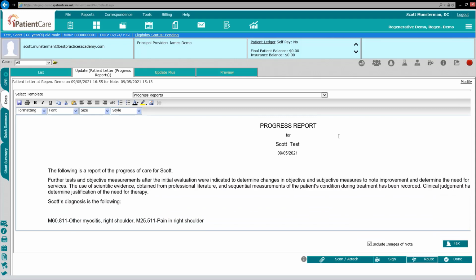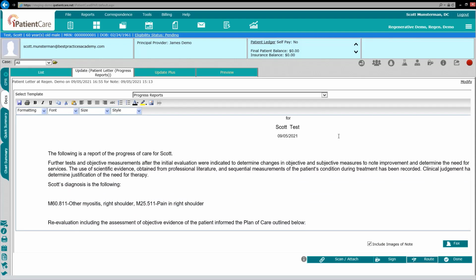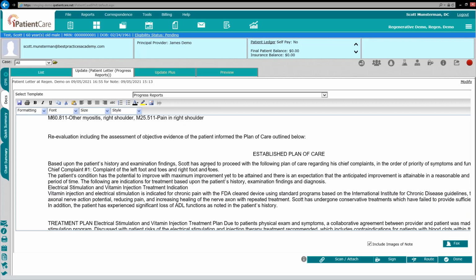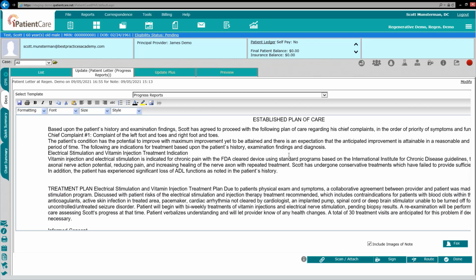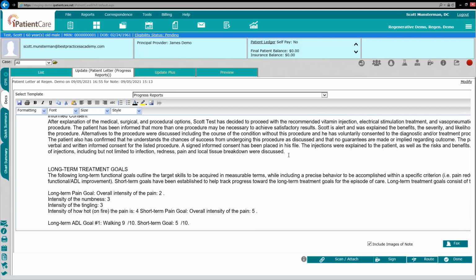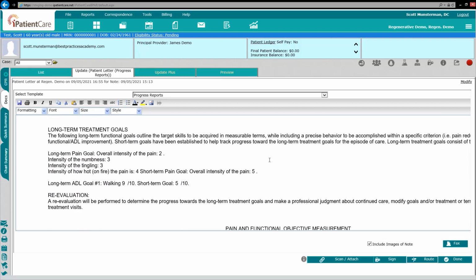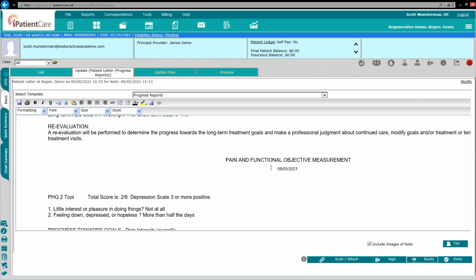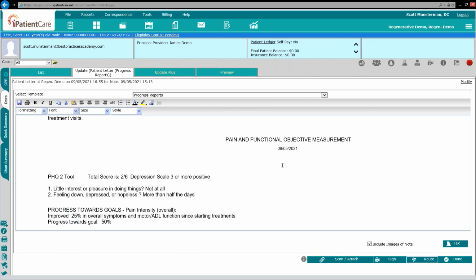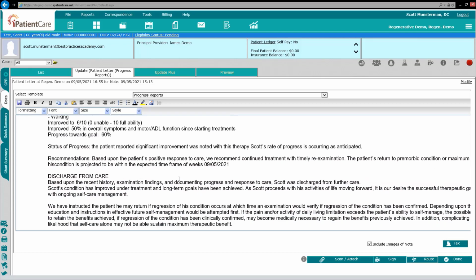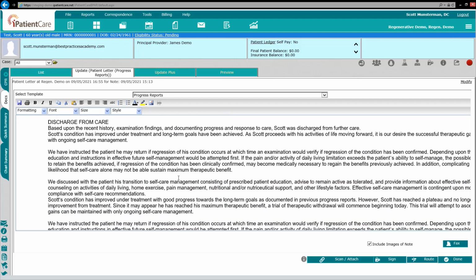And that brings in our progress report. For the patient, it brings in to the dialog the problem DX, what their established plan of care is, their treatment plan, that we have informed consent on file, shows their long-term treatment goals, when they're going to be reevaluated, and then that reevaluation, pain and functional objective measurement, bringing in the outcome assessment tools that were performed for that date of re-exam,